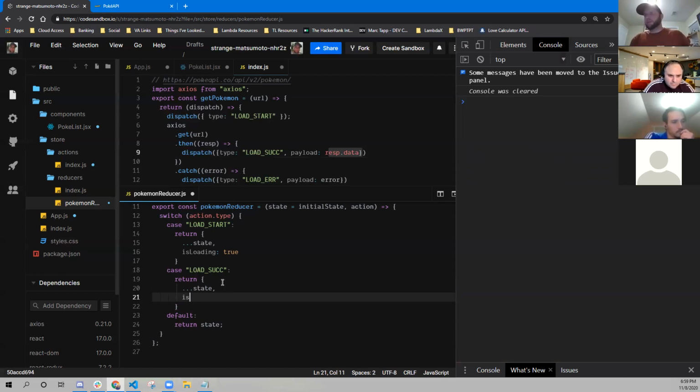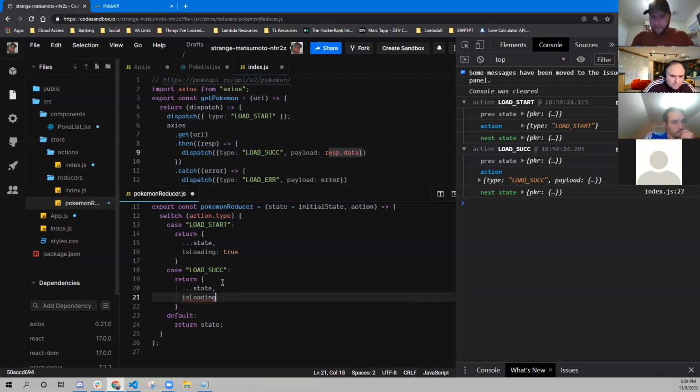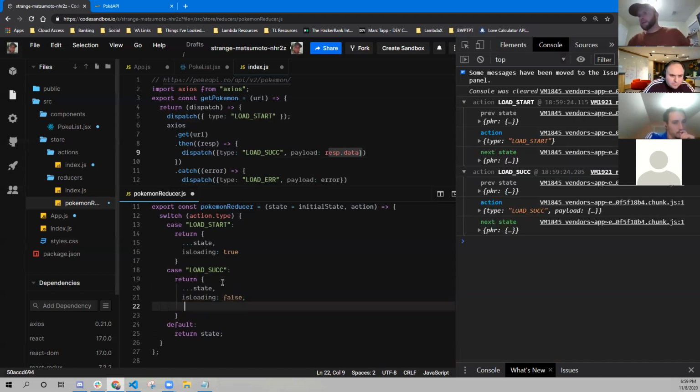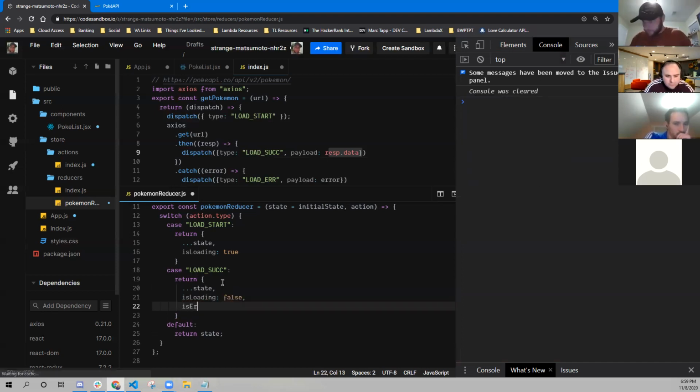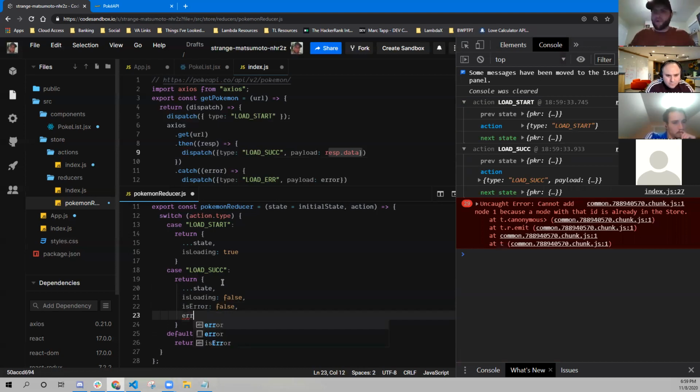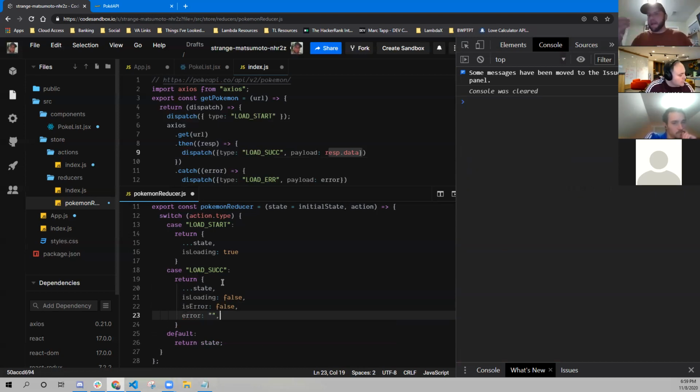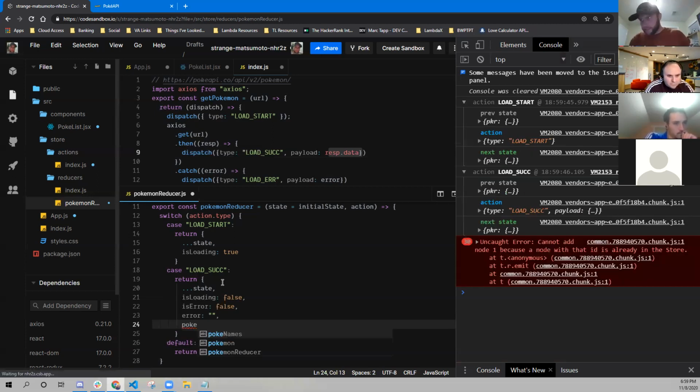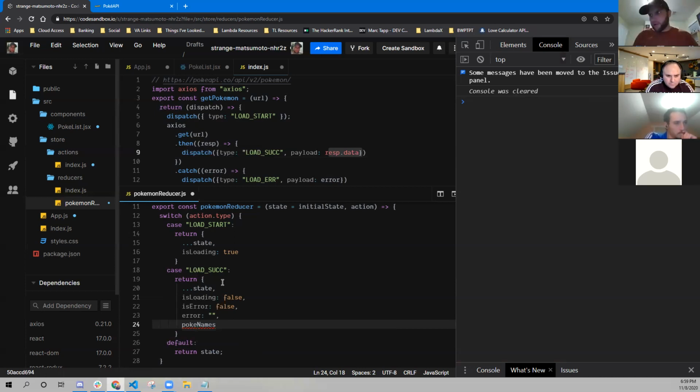So isLoading is now going to be false because it's not loading. I'm going to put isError to false. The reason why I'm going to reset that to false here is in case I got an error message before I got a success message, I want to erase that error message and that error out of my state, right? I'm also going to set my Pokemon names. So pokeNames is going to